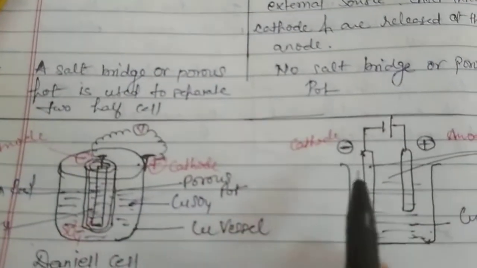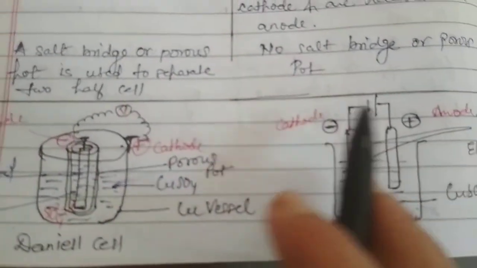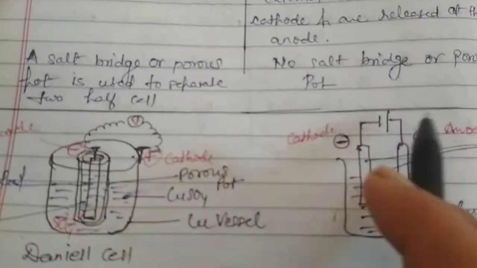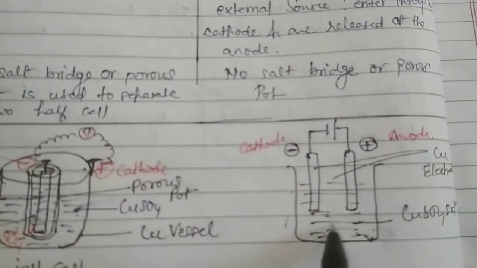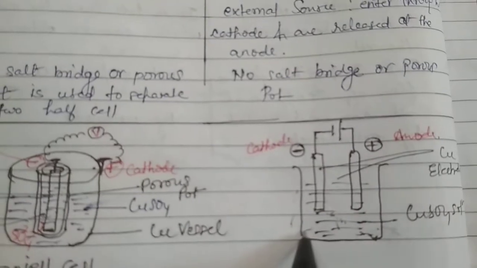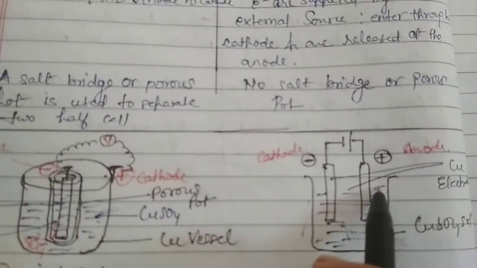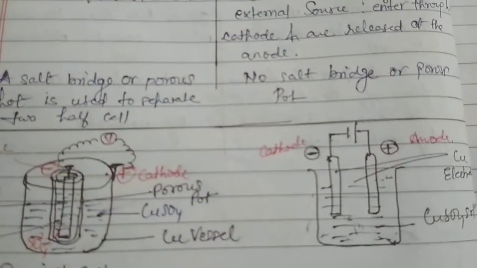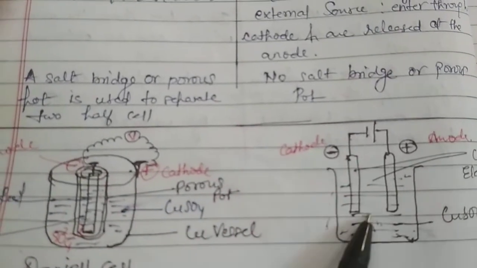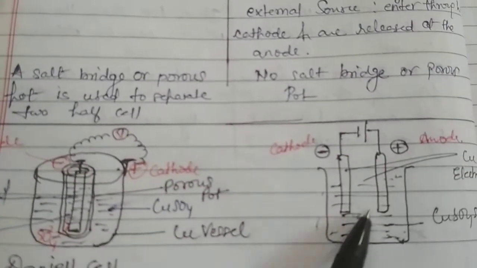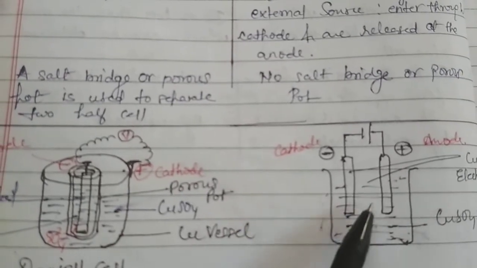And while in the case of an electrolytic cell, we have to provide the electrical energy by which the electrolysis process takes place, as I have taken the example of copper sulfate solution here, with a copper electrode. So here we are providing electrical energy to the system, and it is converted into chemical energy for a non-spontaneous reaction that we have already discussed.